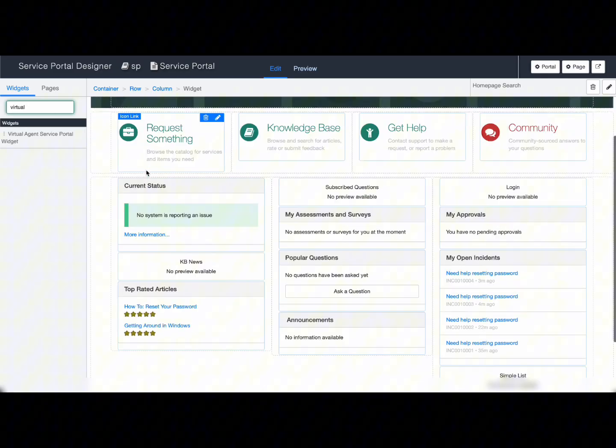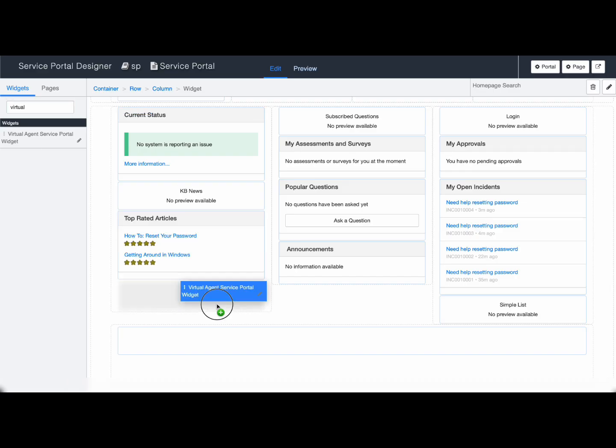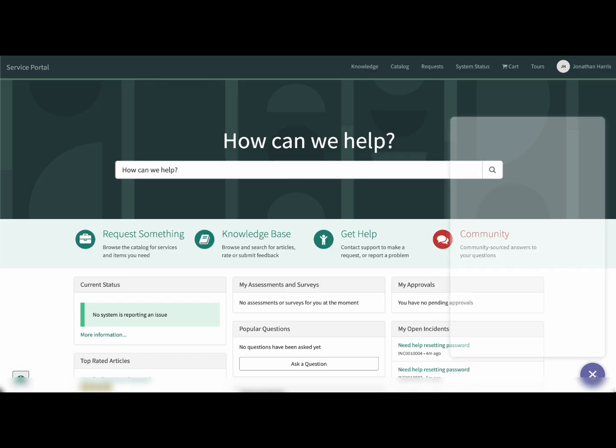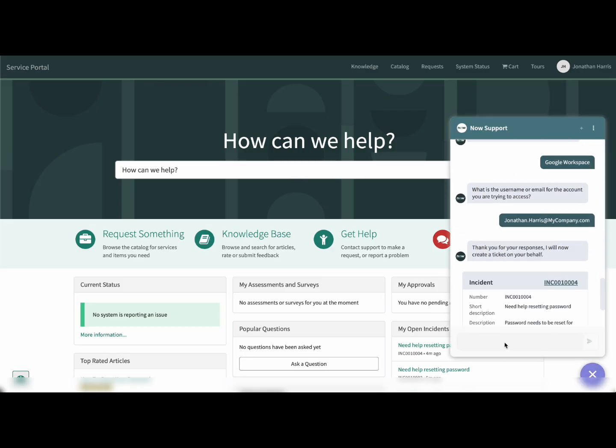In the left-hand filter, just type virtual and you'll see the widget appear. From there, simply drag and drop it onto the page layout at the bottom. The page designer automatically saves your changes. Head back to the portal, give it a refresh, and just like that, your virtual agent button is live and ready to go. Now that everything is published, let's do one final test to make sure that it works as expected,